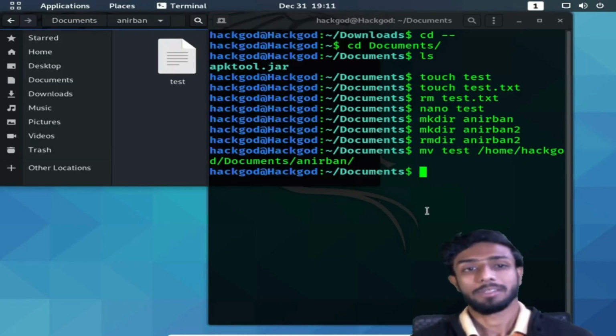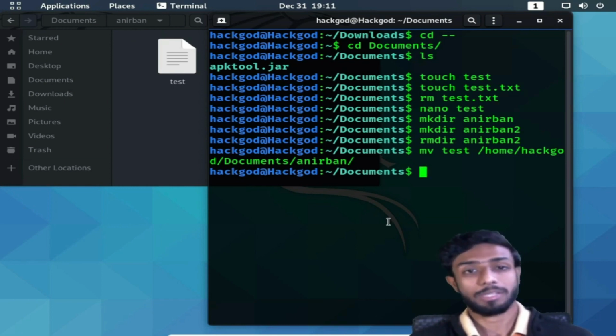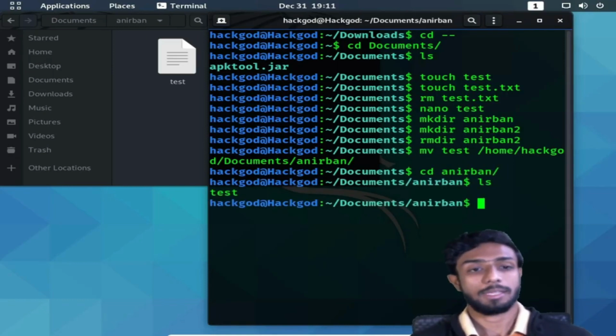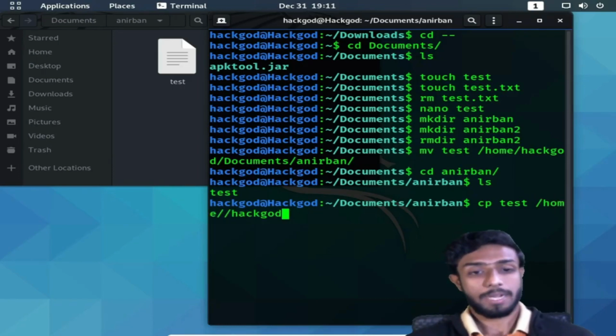Now how can we copy it? Just like before, firstly we need to go inside Anirban actually. Or we can just do it in a different way. Let me show you. If I go inside Anirban and hit ls, there's the test file over here. So you can just type cp test, and cp is copy, and again we are going to specify the file path actually,